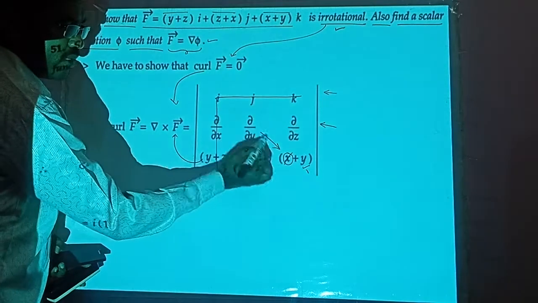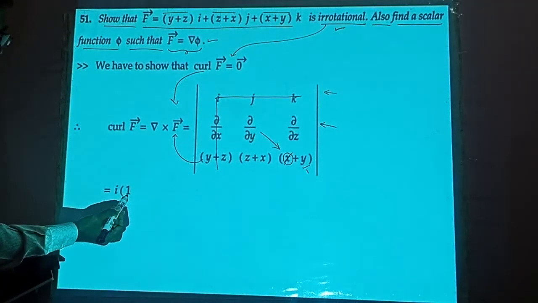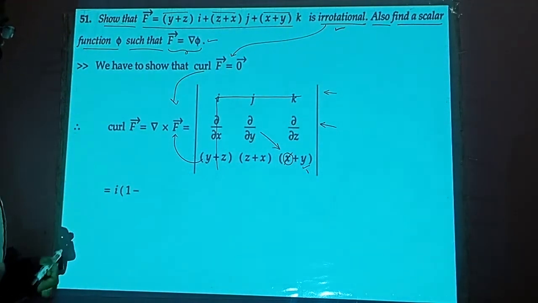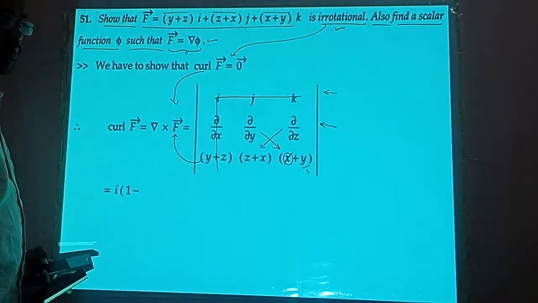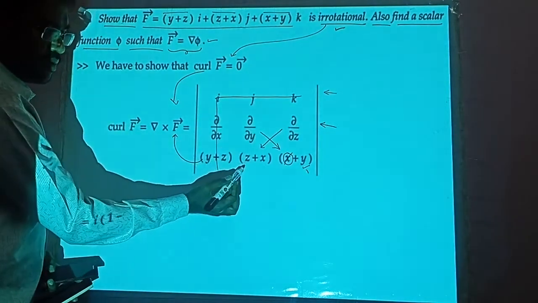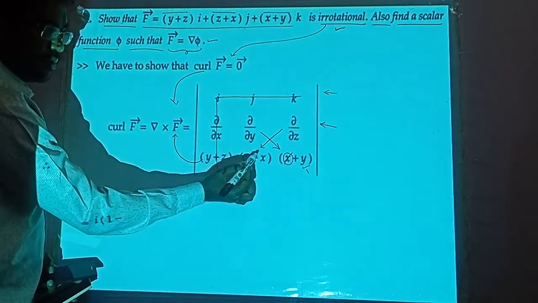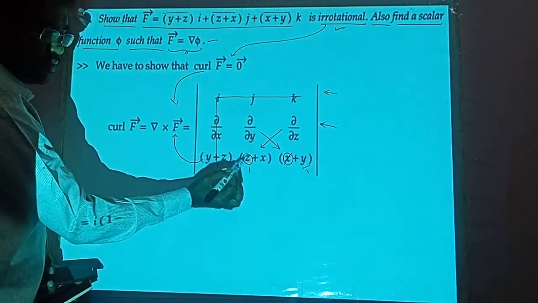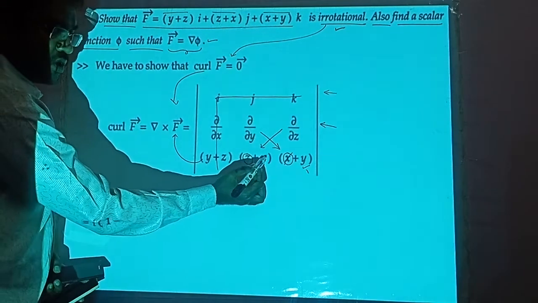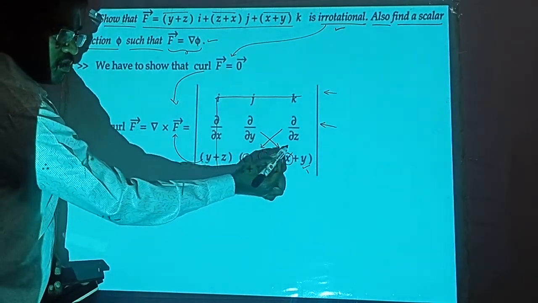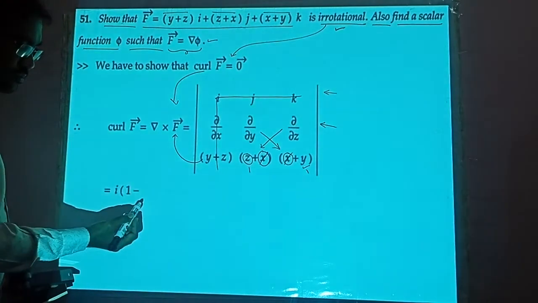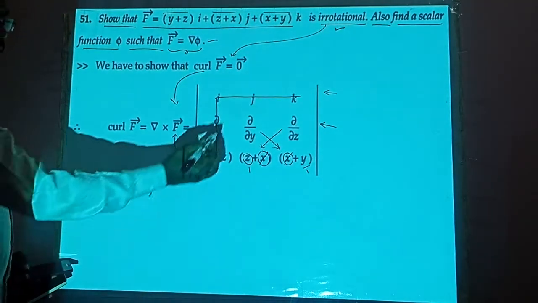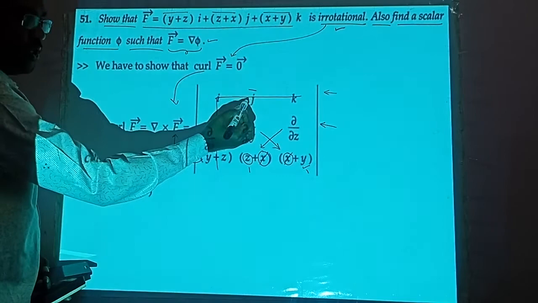So if you multiply like this, you get 1. Then in between minus. Let us differentiate in this way. Differentiation of z with respect to z is 1. Differentiation of x with respect to z will be 0. So you get 1 here, minus j into